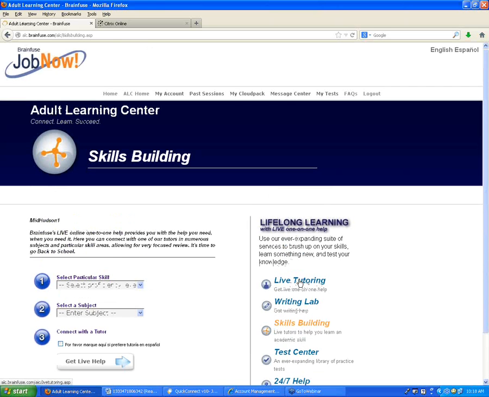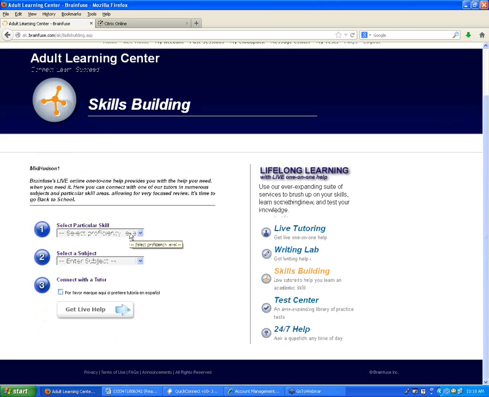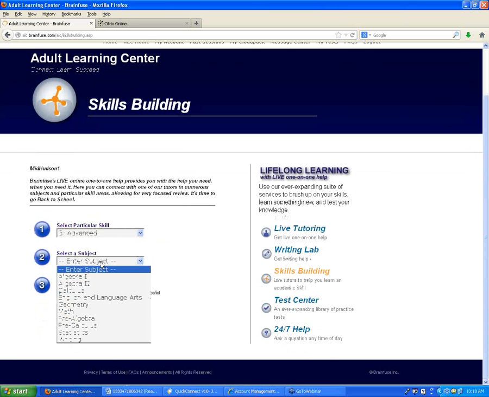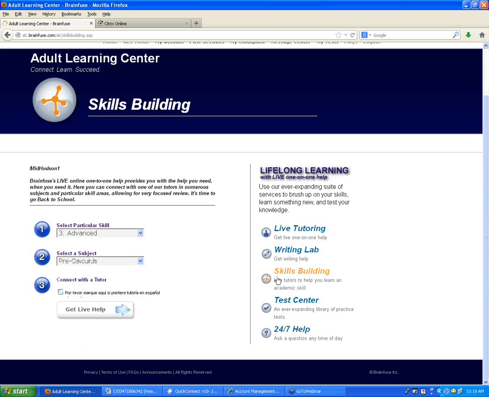We also have the skills building option here on the right. This also connects you with a live tutor. They're pretty much the same. You'll see you have the same options here for the subjects. Live tutoring is designed for someone who has a specific question to ask, and skills building for someone who just needs general help on a skill or topic. But within the Adult Learning Center, these two are essentially the same. They'll both connect you with a live tutor,